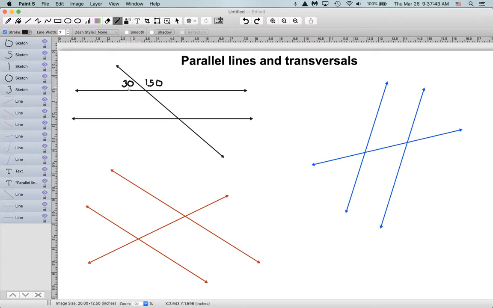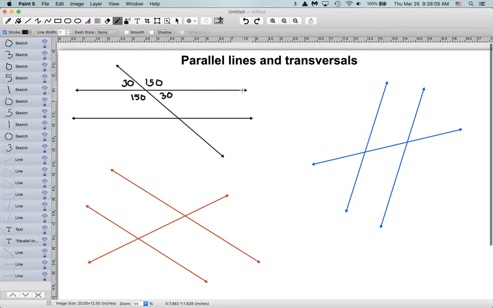We can use the same principle down here. In other words, these two have to add up to 180. So this one also has to be 150. And then doing the same principle this direction, if this is 150, this angle here has to be 30. Or we can remember that vertical angles happen to be congruent, and these two angles are vertical and these two angles are vertical. Now, this is true only if this line here is parallel to this line, but if they are parallel, then these 4 angles are these angles as well,